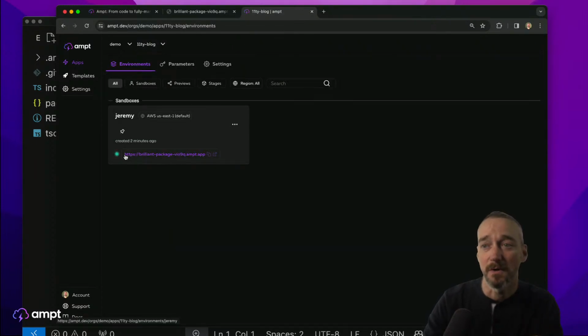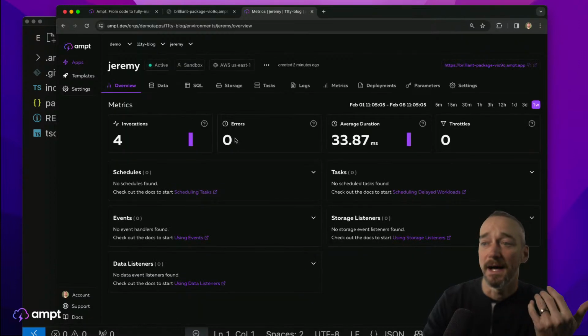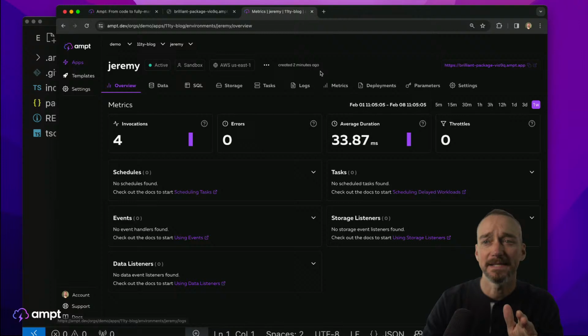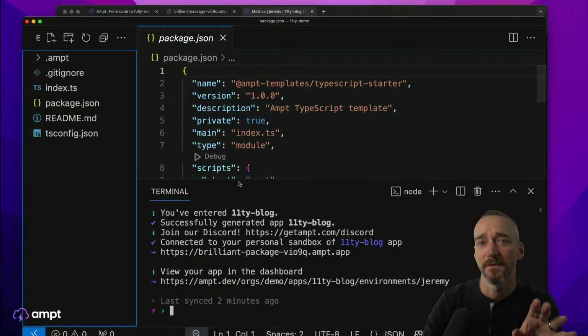I've got my own unique URL. You can see I'm connected to this here. I go into the sandbox. I can see how many invocations there's been, what the average time is, all my schedules and tasks. We'll get into some of that in a minute, as well as other information about the application itself. And I can see that it's deployed here to AWS US East 1. Okay. So we're going to put that aside for now because we're going to start focusing on actually doing the